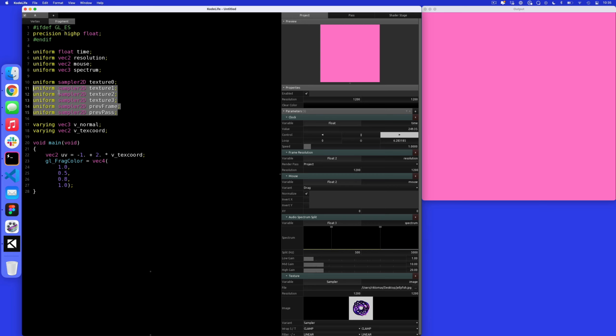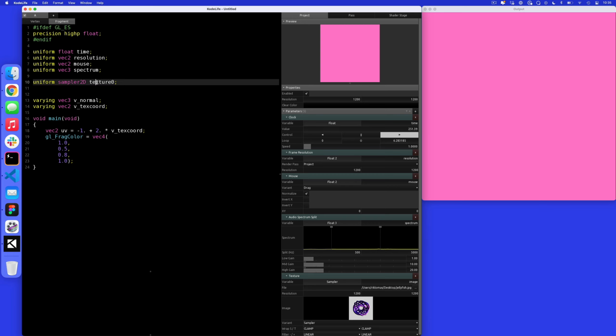I'm going to get rid of all of them but one and replace this first one with image. So I've got this uniform. Uniform is things that get passed into this program, such as an image. What we want to do with this, we want to sample this image. And what is this thing called? We called it image. So now what we can do is grab this image and basically sample parts of this